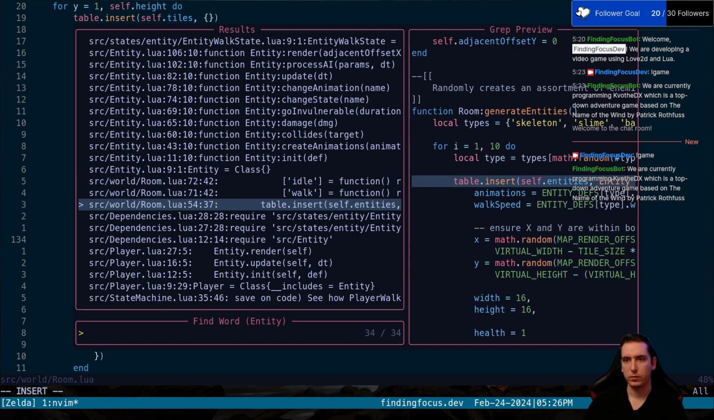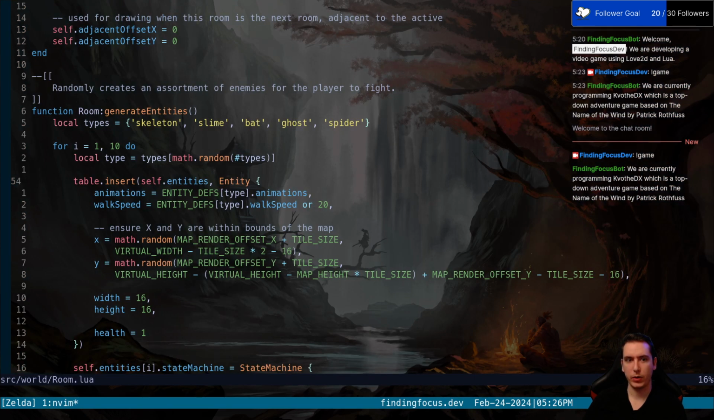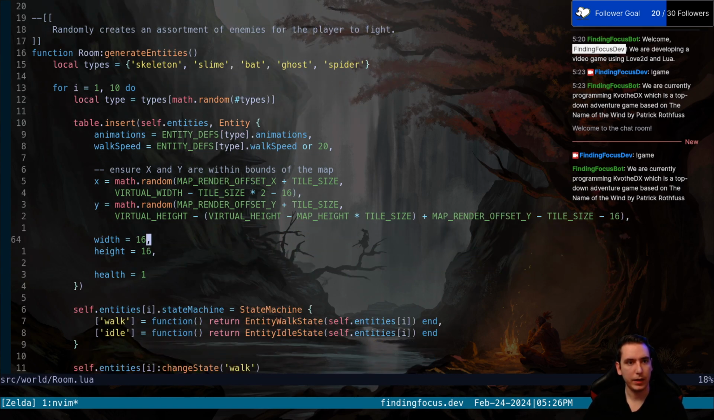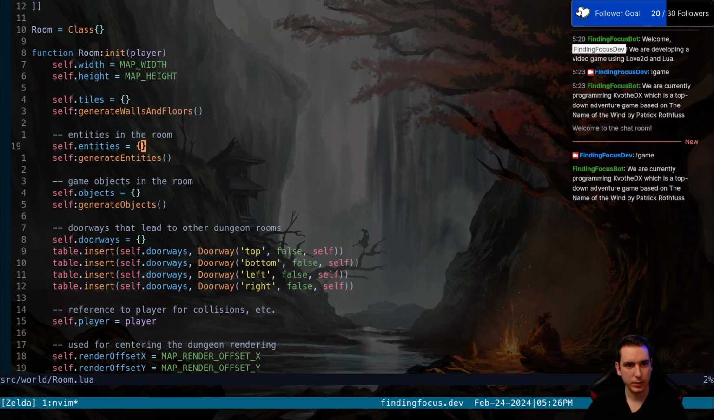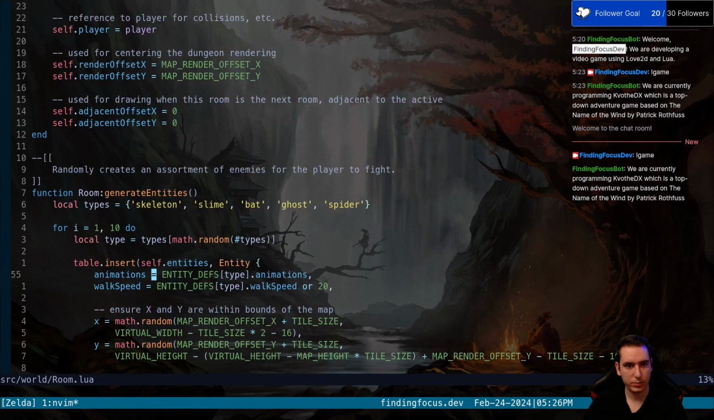Okay. So it's in a generate entities function, and they just define it. They define it as a table, so they don't instantiate with a parentheses. They just define it in the table. So they just manually assign the values, and then they insert into a table for the room of their self-entities. So their self-entities is a table for all the entities. Then they go ahead and generate those entities, which inserts